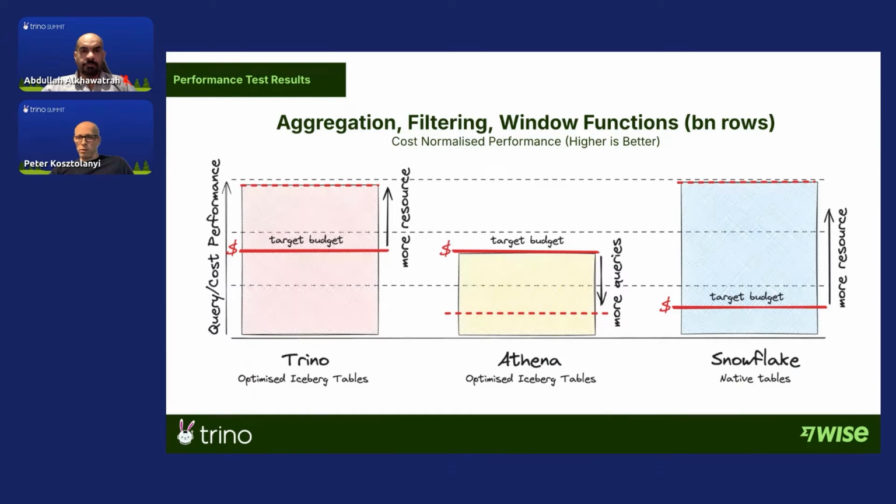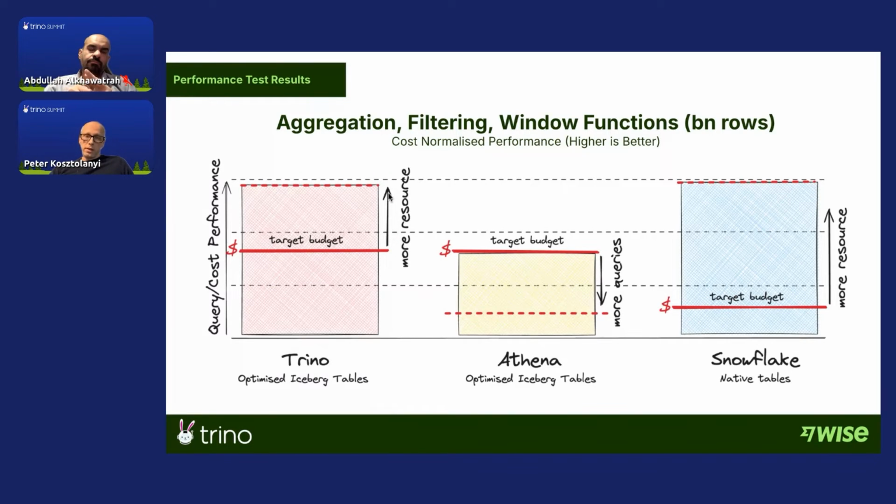So I will show a few slides. This one is comparing single table operations: aggregation, filtering, and some more advanced window functions. What this chart shows is that the bold red line represents the same budget in each option, and the performance that amount of money buys us. In the case of Trino, for single table aggregation, I'm talking billions of rows here, the target budget buys us a mid-size performance, but